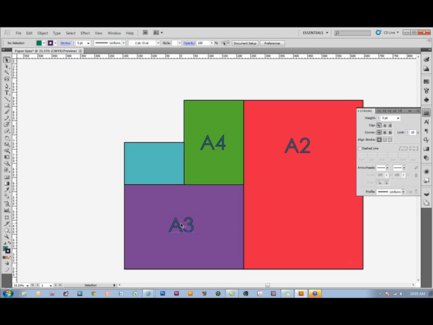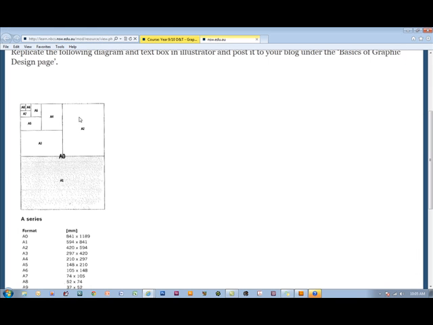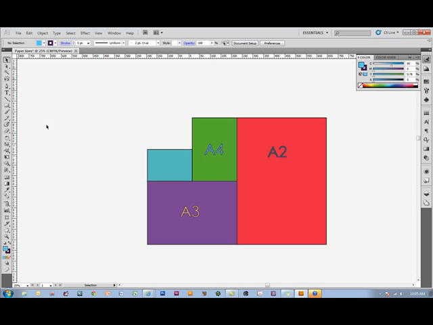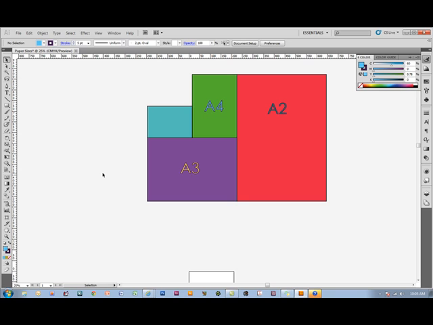Again, I can change them individually and go through on my colors and change from the green to a yellow color, and I can change this one up here to a lighter blue, so you can see how that works. So that's what you need to do, is make this look a little bit more interesting and go around and change that. Now the next thing we need to do is pop down the information so people know what sizes